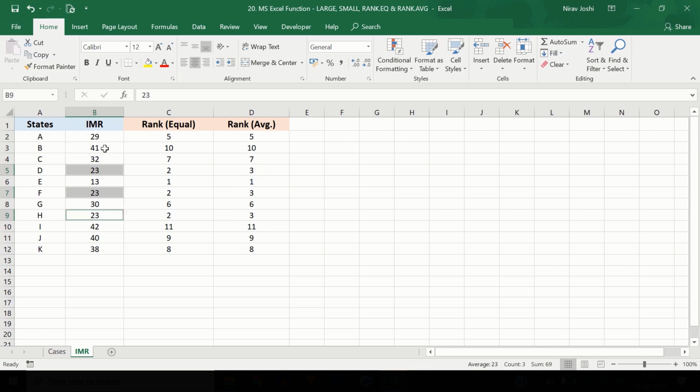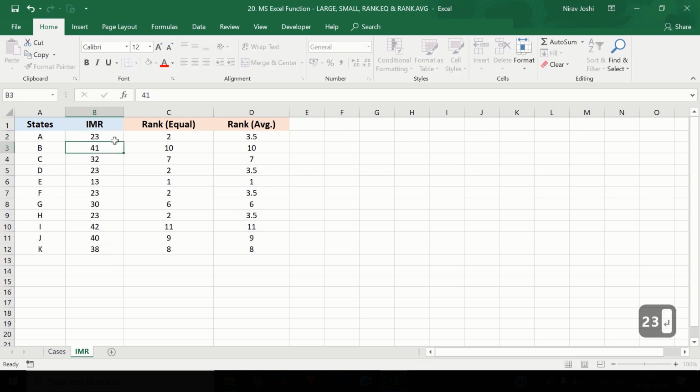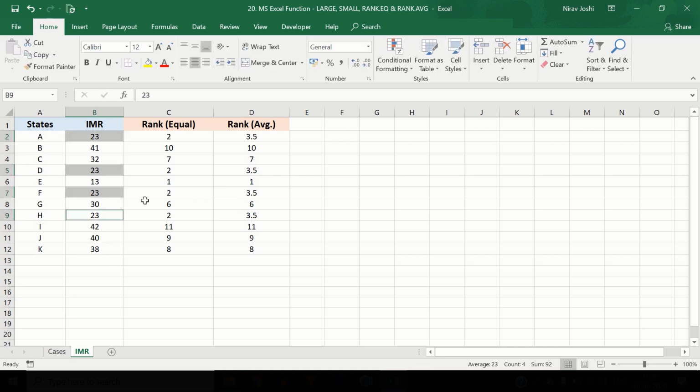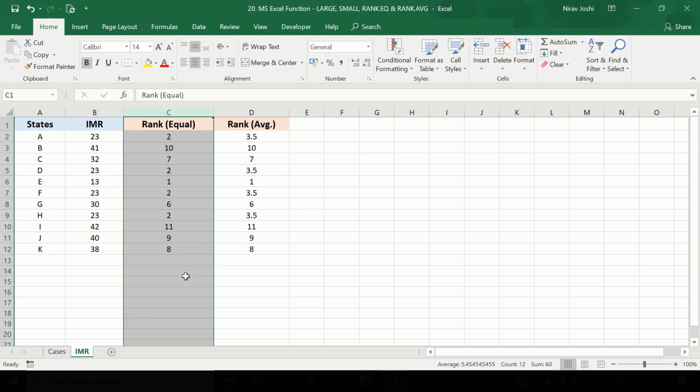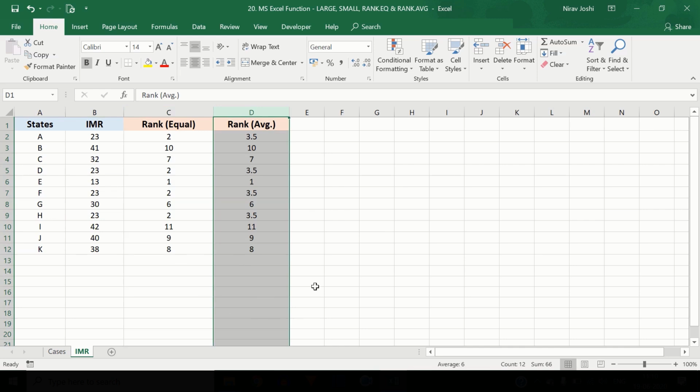Again, if we change the data here, what would happen? This rank equal function will provide rank 2 four times, whereas this rank average would take the average of rank 2, 3, 4 and 5 and provide rank 3.5. So this is the basic difference between both of these functions. Routinely, we use this rank equal function rather than the rank average function.